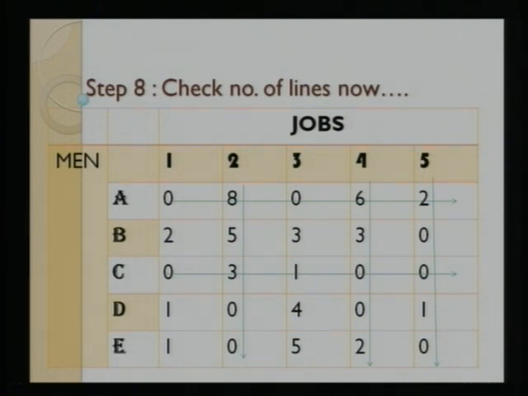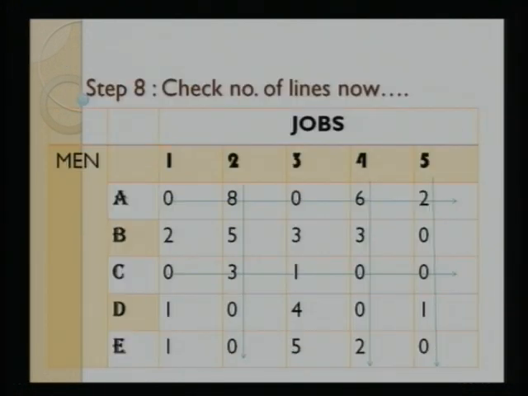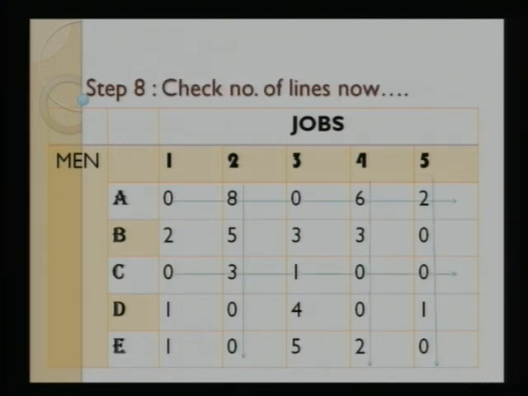So 5, minus 0, 8, 0, 6, 2 was the table, and number of lines were 4. Okay, we go to the previous slide actually. The number of lines were, step 8. Okay, so 2 horizontal lines and 2 vertical lines. Here I have drawn 3 vertical lines, but that was wrong. Okay, so I think this is final.